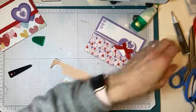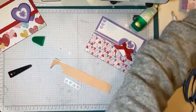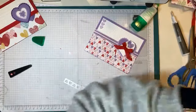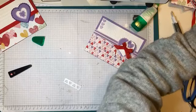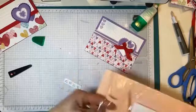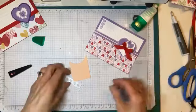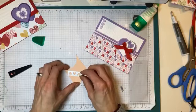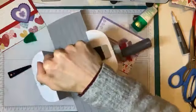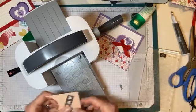It's Petal Pink, I think. Anyone? Somebody knows. In this card, it's Petal Pink. The other card, it was Blushing Bride. Okay. So let's get out some Petal Pink. Here we go. Quickly die cut those. And then we are done, my friends. And you can carry on with your evening, and I will carry on